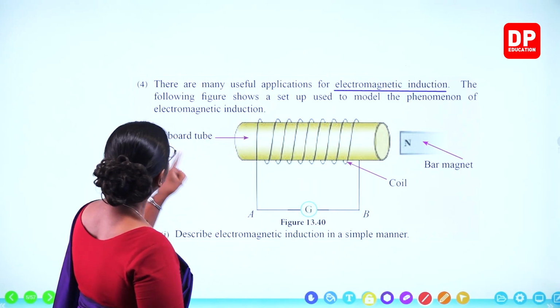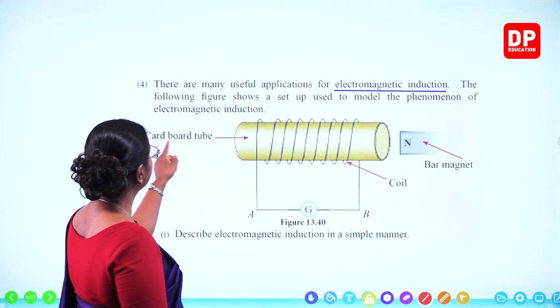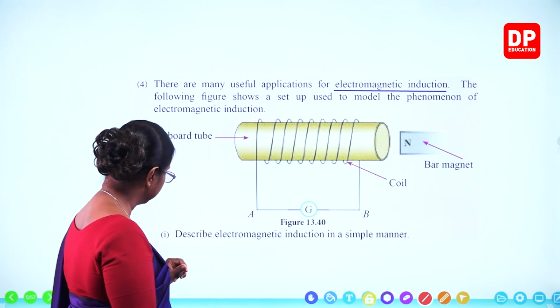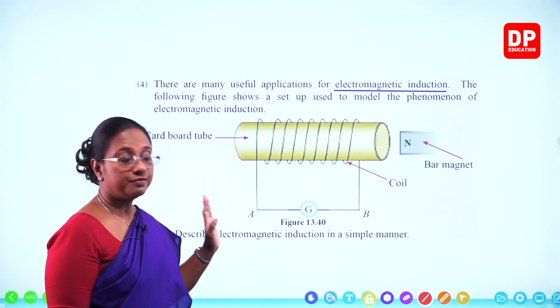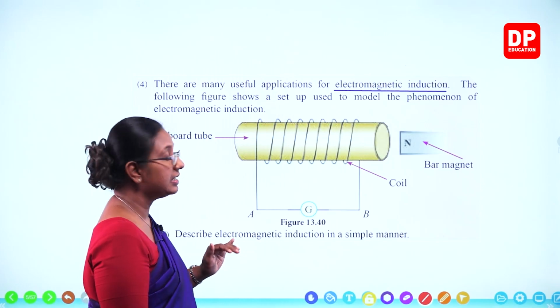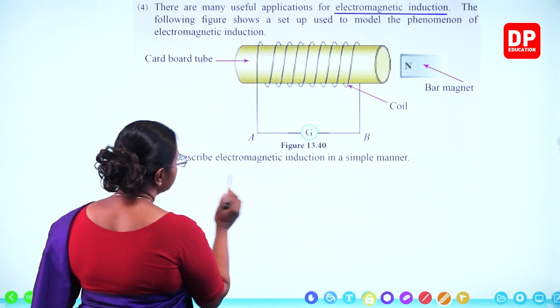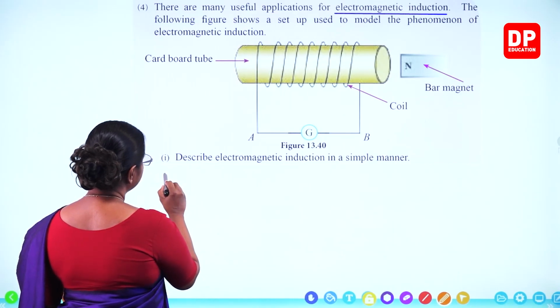Right. The following figure shows a setup used to model the phenomenon of electromagnetic induction. So I have explained the figure. Describe electromagnetic induction in a simple manner. So there we can say, electromagnetic induction is the